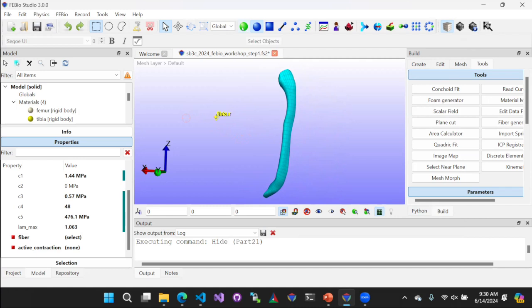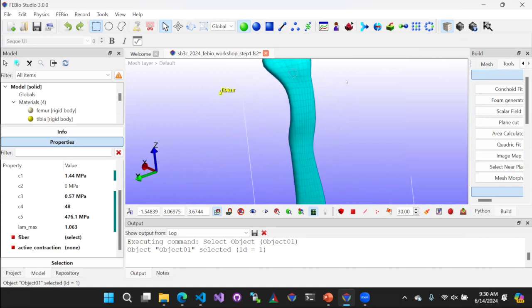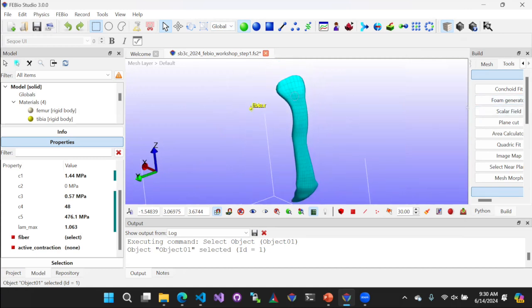On the main toolbar, select the green icon here. So we're done with selecting parts. We're going to go back to our green object here and make sure that it is selected. You should be able to see this white frame around it. Okay, and then we are ready to go to our tool. So on the build panel,